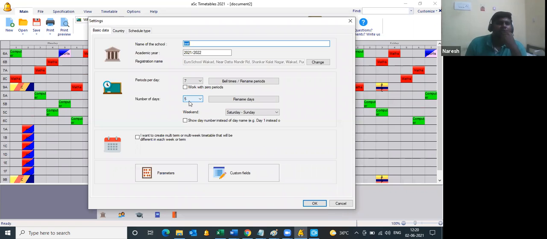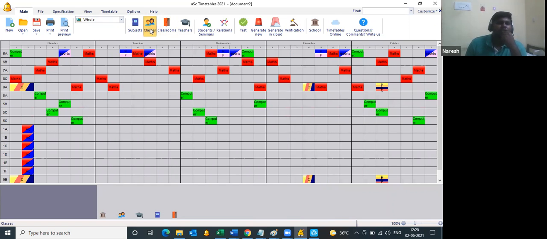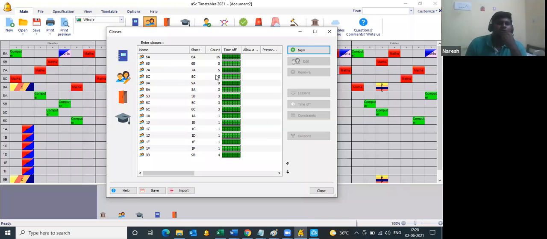So 7 by 5 is 35 periods. So a class can have a maximum of 35 periods only. So if you are having 36, the software will throw an error.